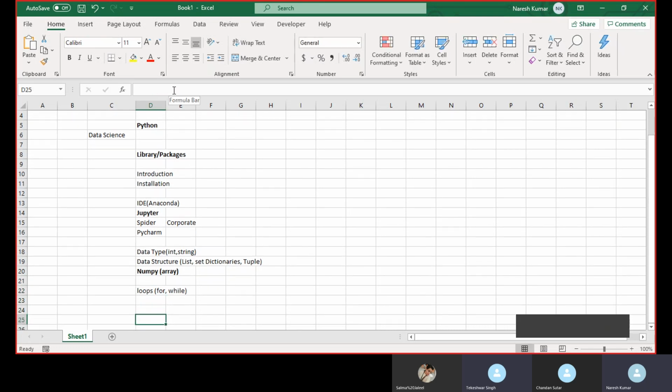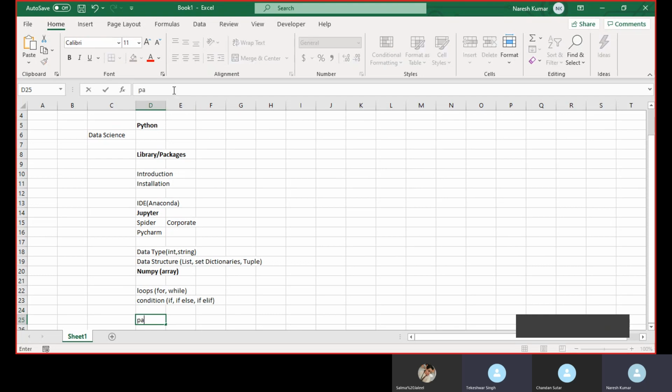After that we have the concept of conditions, which we would have studied in other languages also, right? So here we have if else, if elif. So these are the loops and conditions that we will be going through.